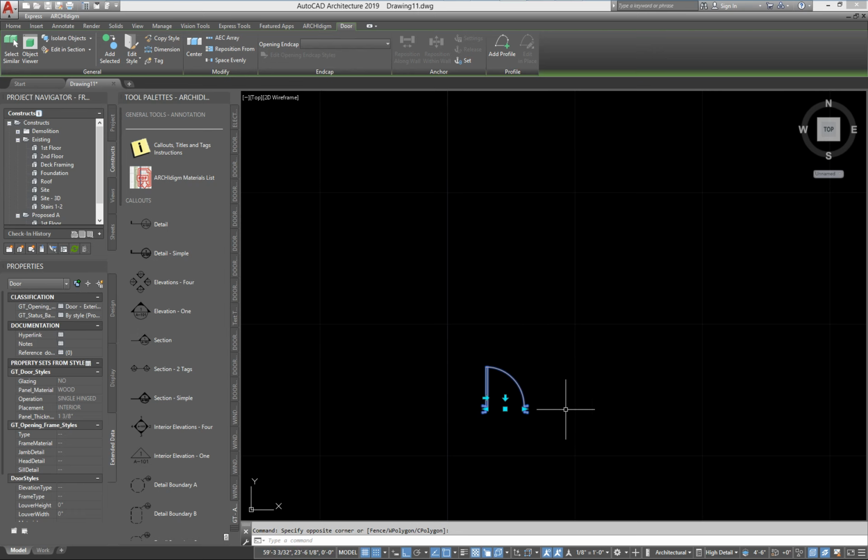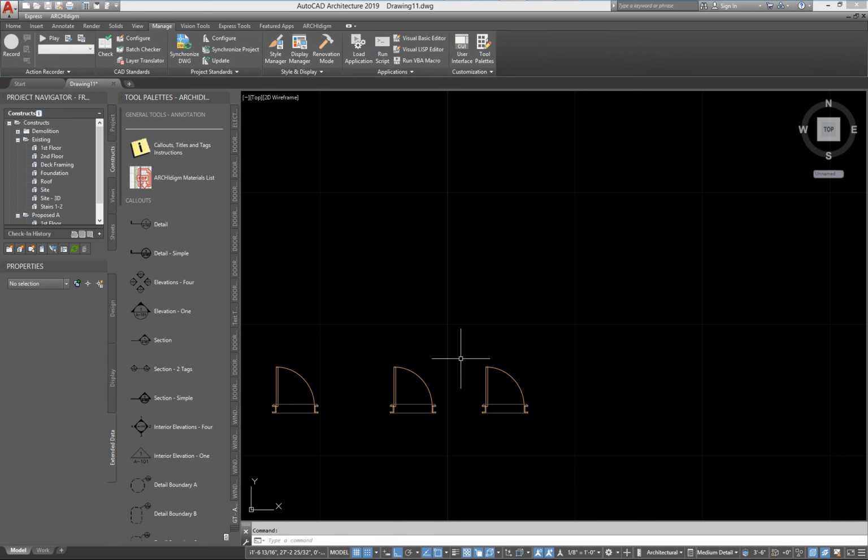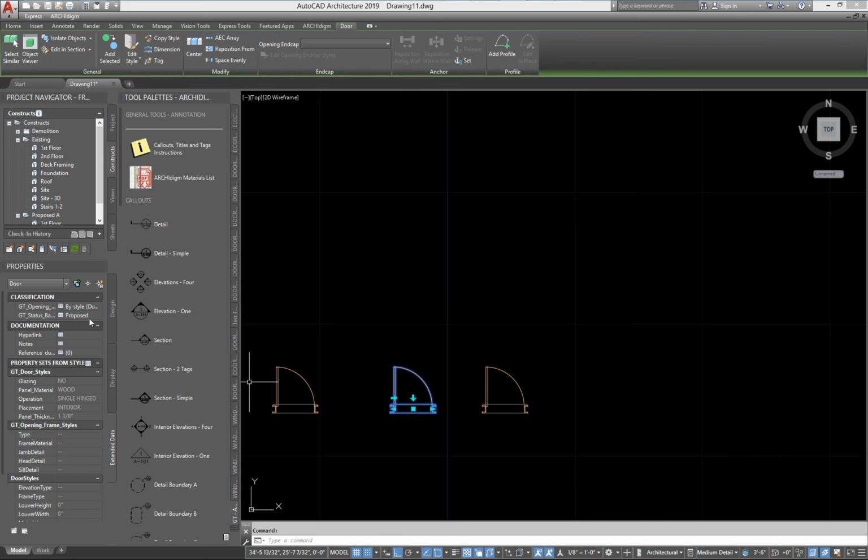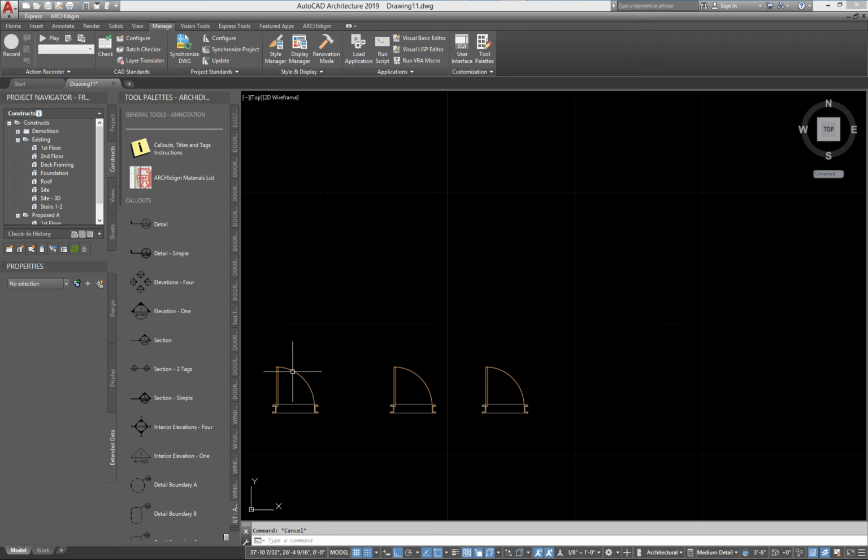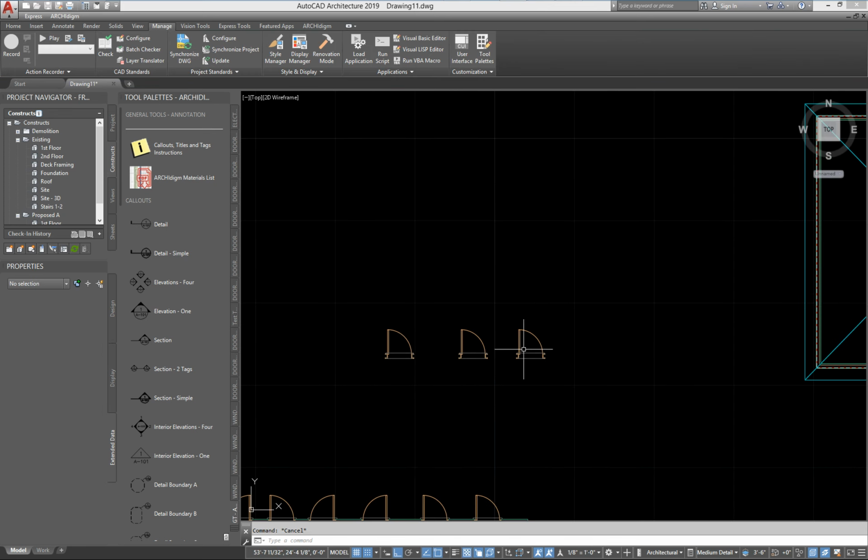I forgot what I was doing with the other one. Medium, what did I do with this one? This one is also proposed, but interior. Oh, I see, they're all proposed doors. All right, but anyway, that shows you that you could do some nuance control in what you see under your